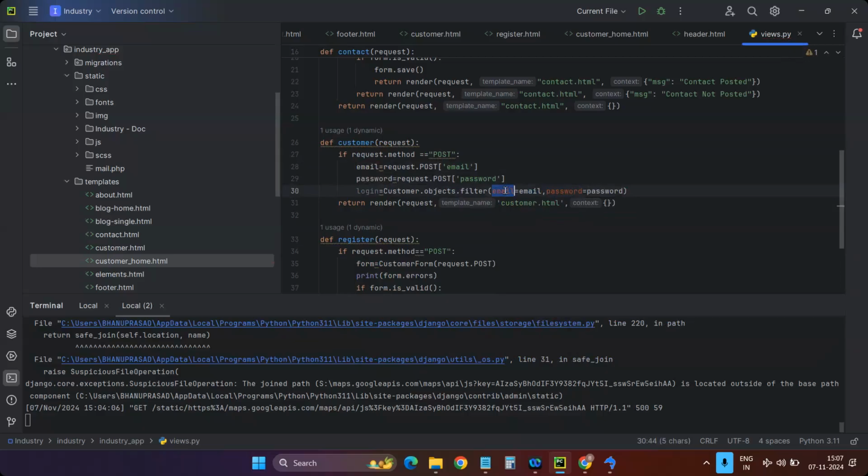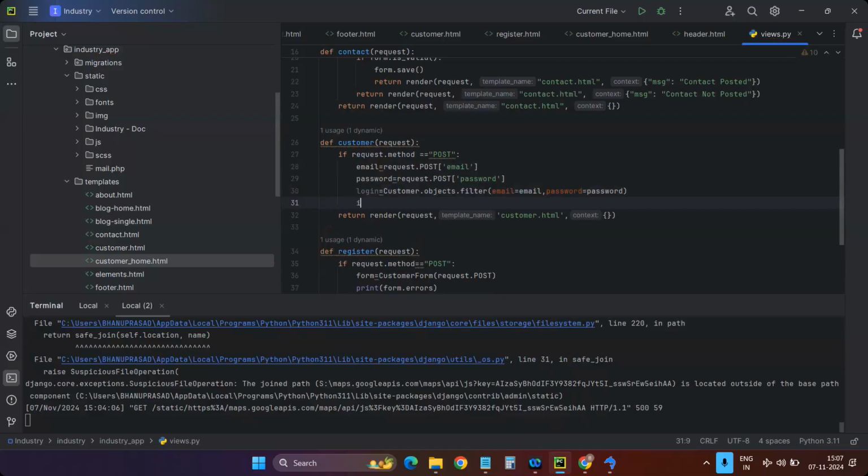The colored names are from models, and the white names are from views. If the details exist, if this login details dot exists,